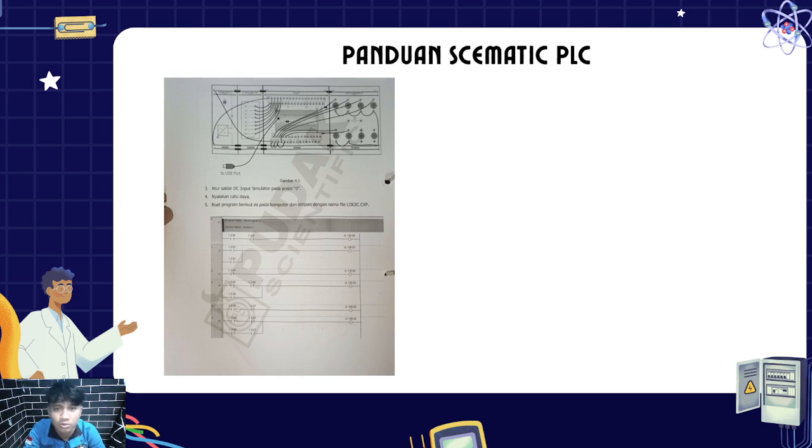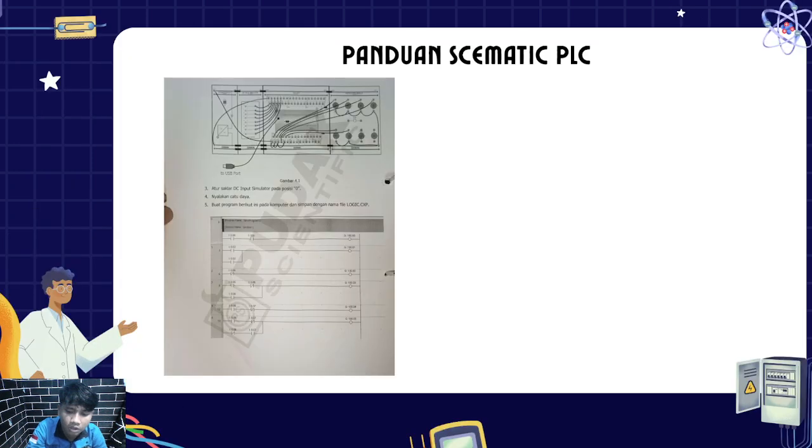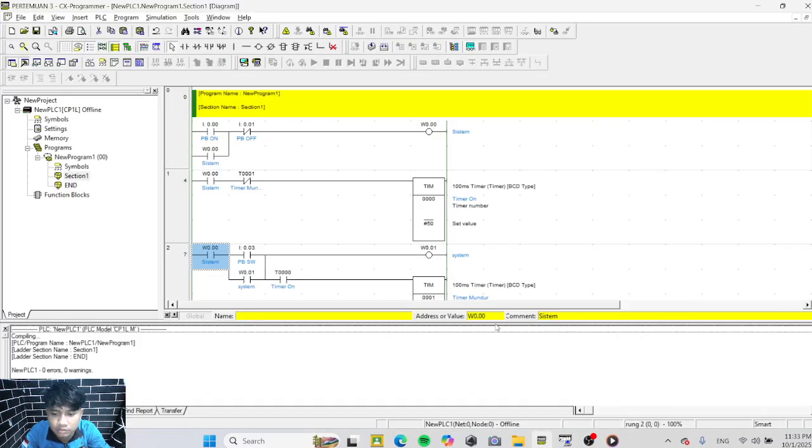The guide for the schematic in PLC is in the practicum book. Now I can review the schematic in Text One.